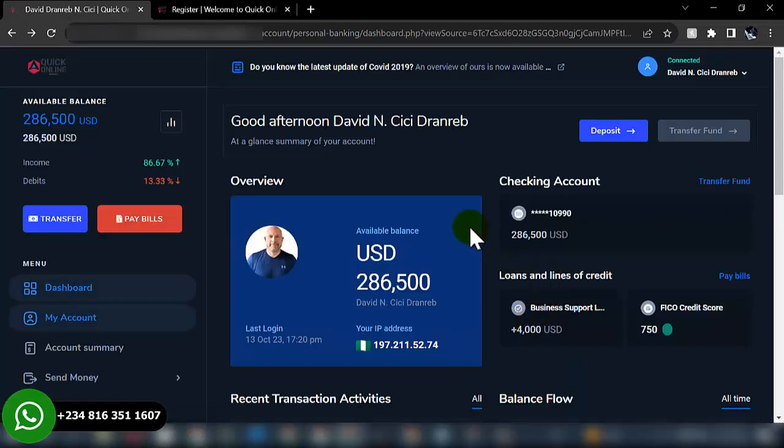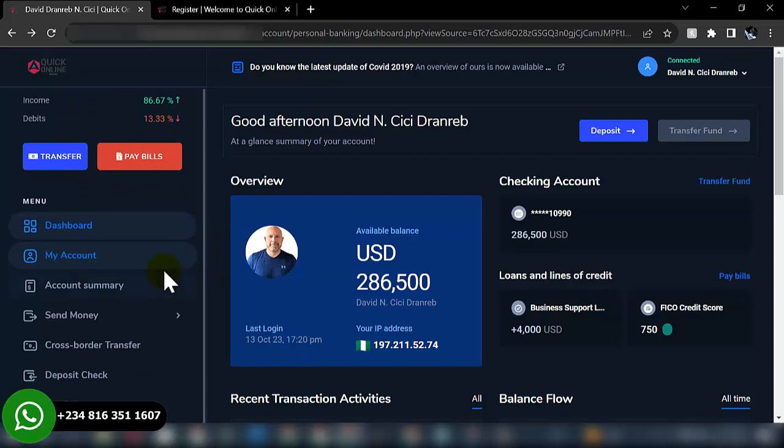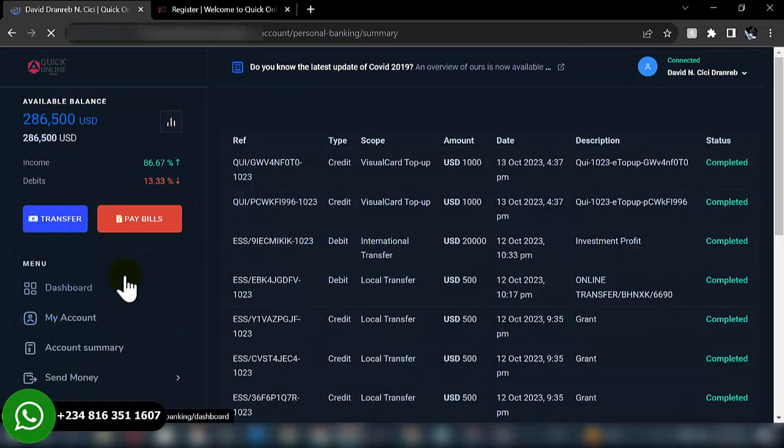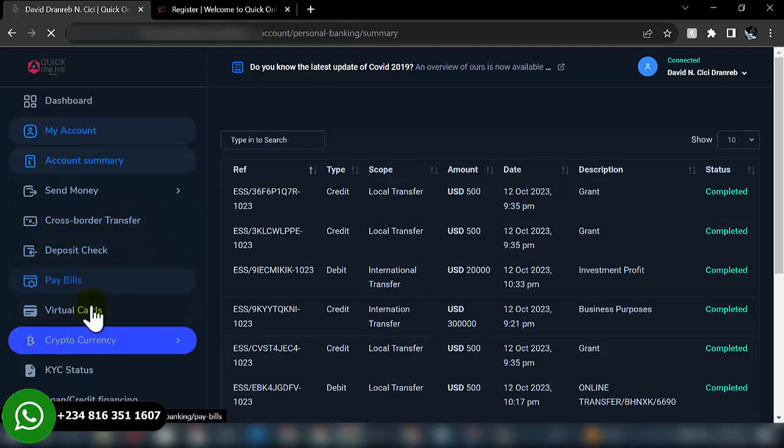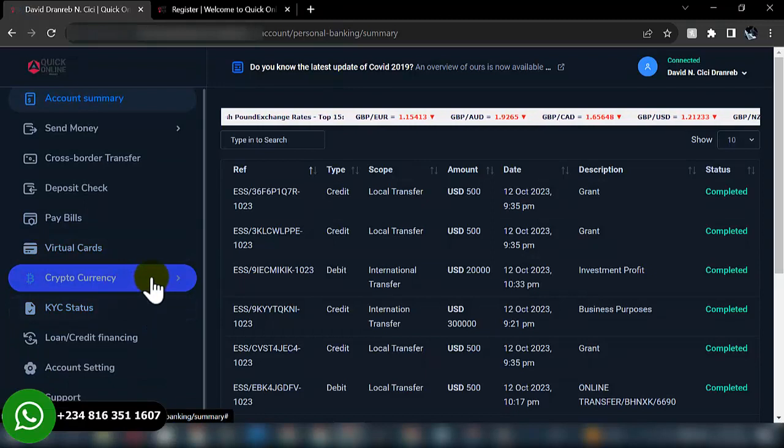Okay, so as you can see, this is how awesome the user dashboard looks. So we have accounts, we have the dashboard, we have my account, we have the account summary, we have the send money, we have the cross-border transfer, we have the deposit check, we have the pay bills, we have the virtual card, then we have